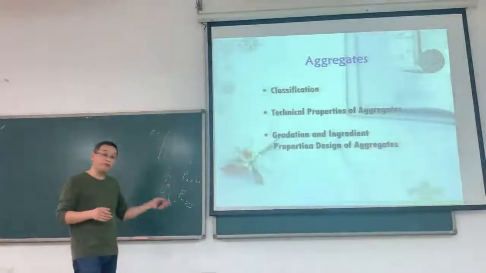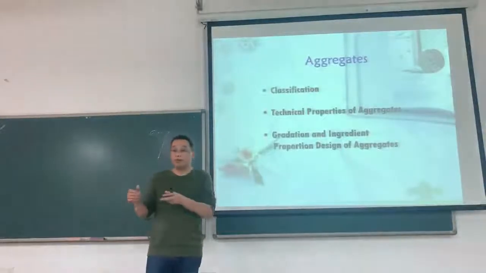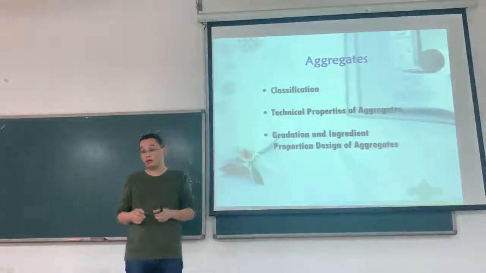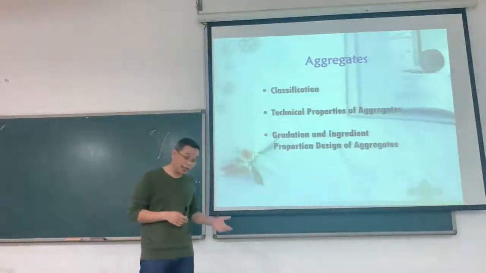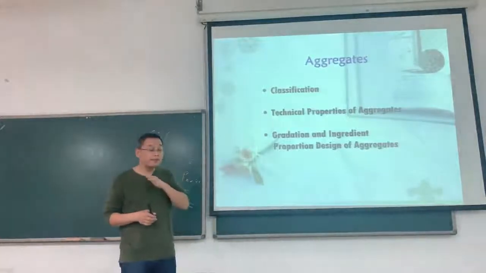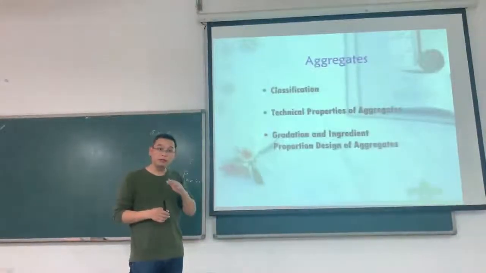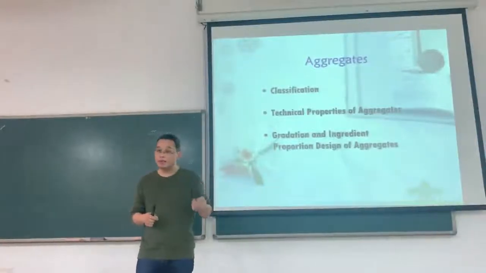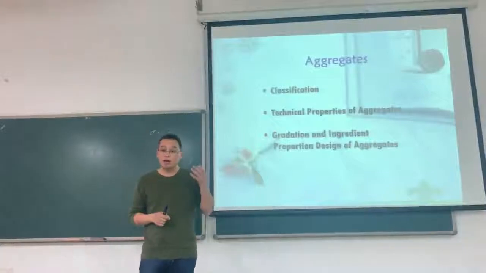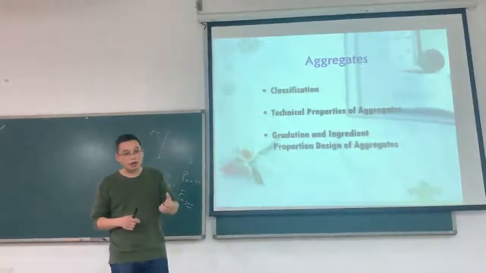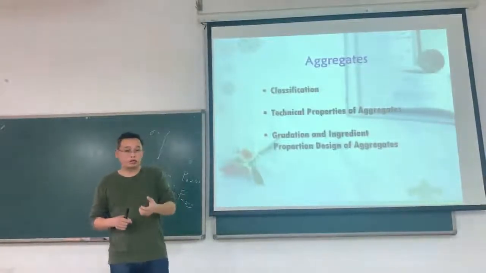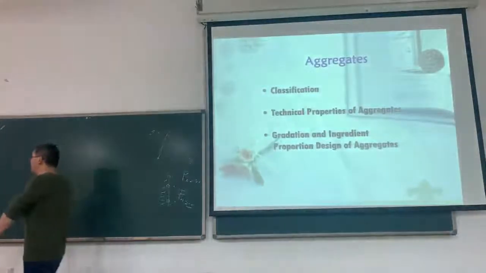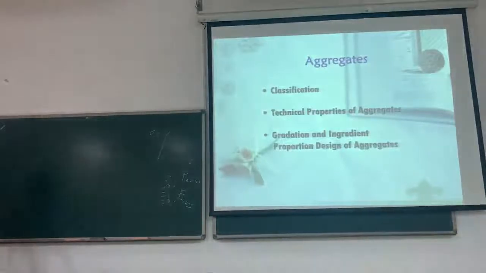What we have learned before all belong to the concepts which are suitable for all kinds of materials. And from today, we'll study some typical materials in civil engineering, such as the aggregates, cement, lime, gypsum, asphalt, concrete, and steel. So today firstly we will study some properties about the aggregates.